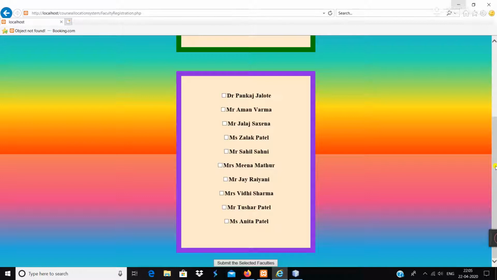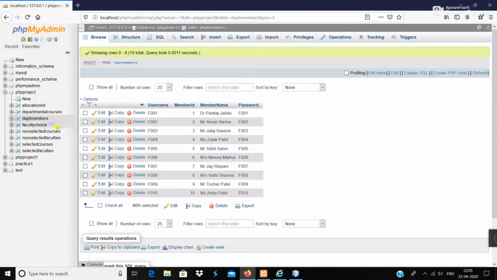So such faculties can be kept out of this choice filling by the head of the department by not selecting them in this faculty registration, right? So those faculties who will not be selected for the choice filling round, they will be assigned the courses of their expertise by the head of the department in the non-choice filling course allocation button, which we saw on the previous page. So let's quickly select the faculties who will be taking part in the choice filling.